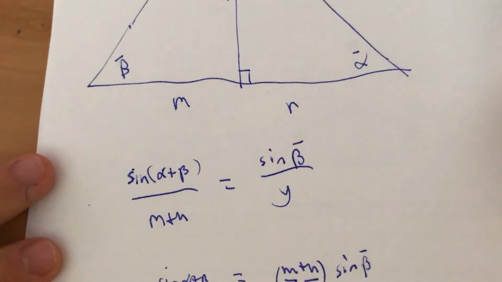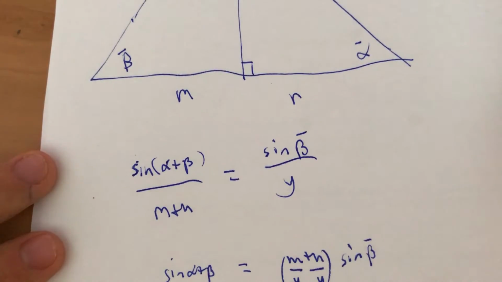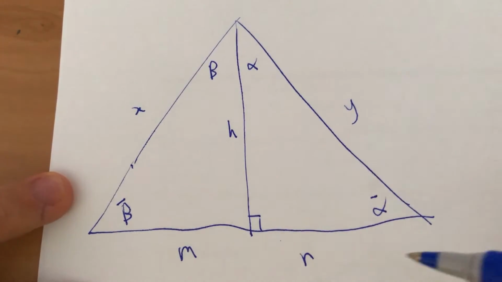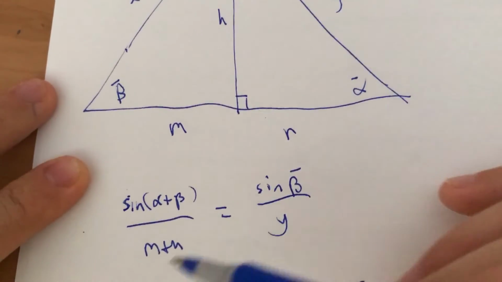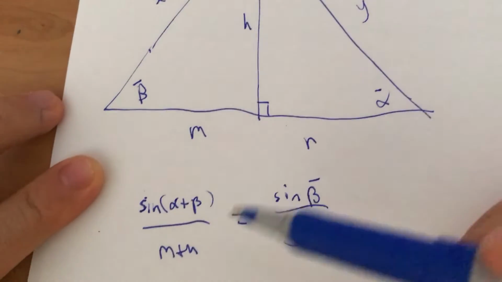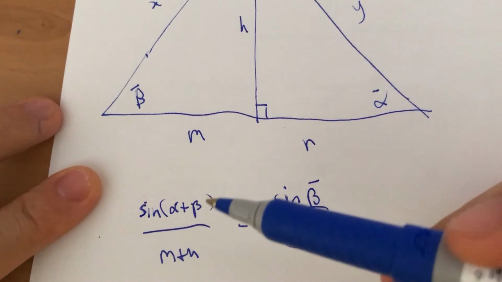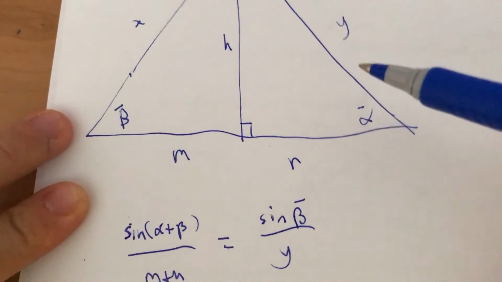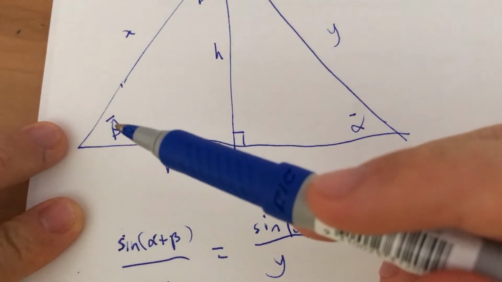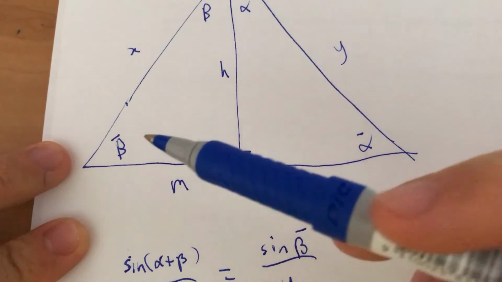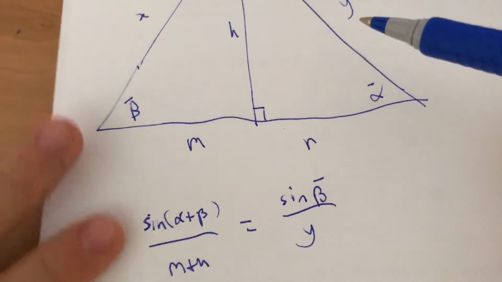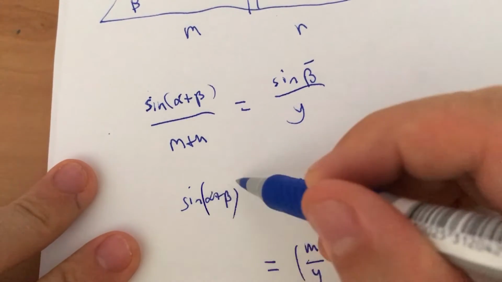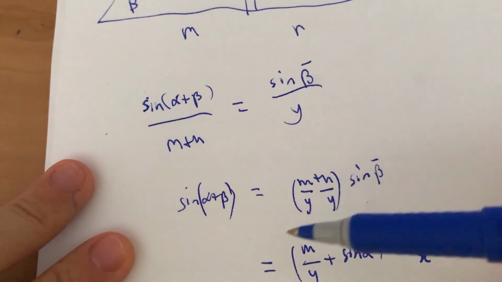And then we can use the sine rule. The sine rule says, on the big triangle, to get sine alpha plus beta, the long side, m plus n, divided by sine alpha plus beta is equal to, you can choose any of the other sides now, and I just chose this angle. So I called beta bar 90 minus beta, and then divided by y. Okay, so rearranging